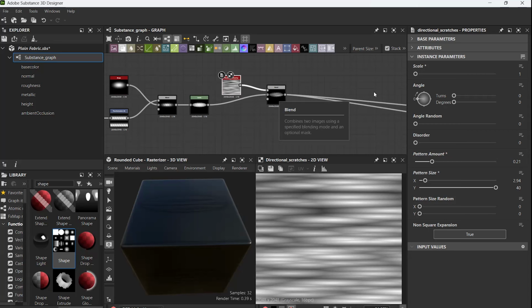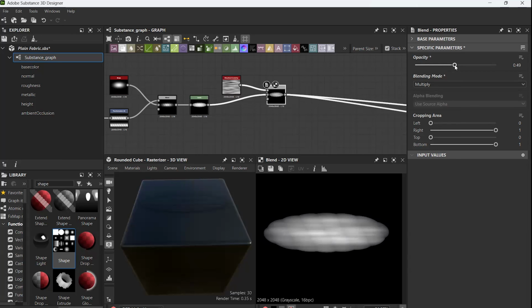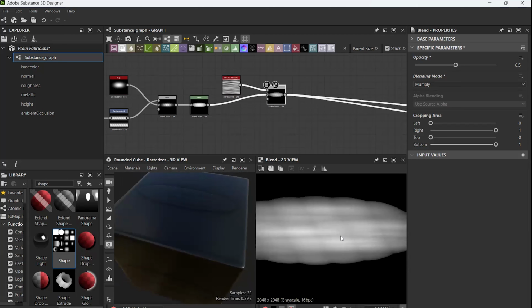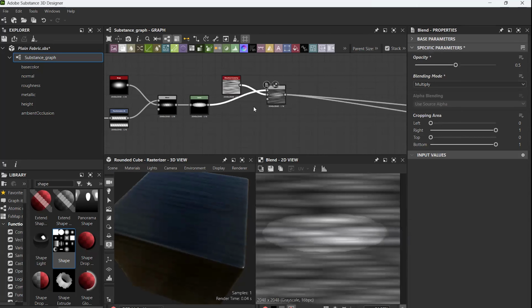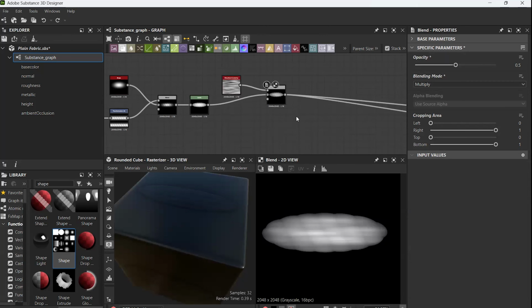And another thing I can do here, I can change this opacity. Let me make it 0.5. Yep, I don't want to do that. So now it looks fine, and